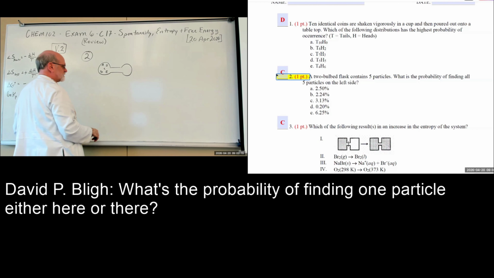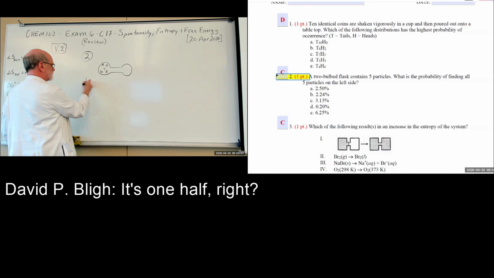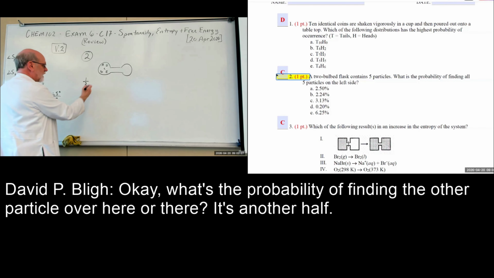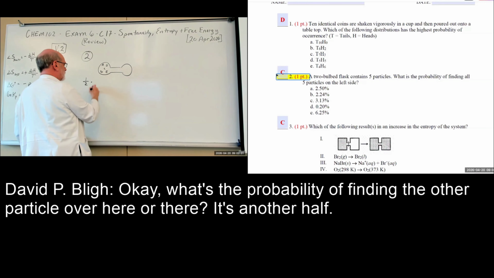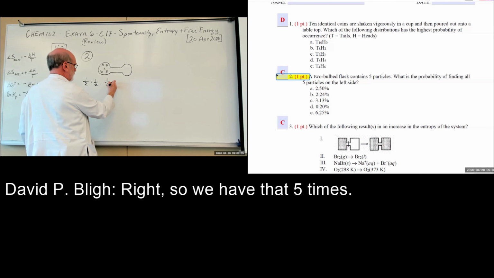What's the probability of finding one particle either here or there? It's 1/2, right? It's either there or it's there, 50%, half. Okay, what's the probability of finding the other particle over here or there? It's another half. All right, so we have that 5 times,